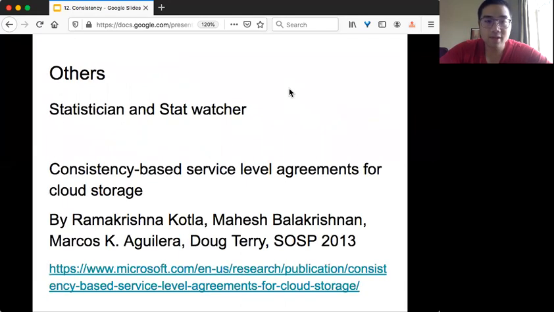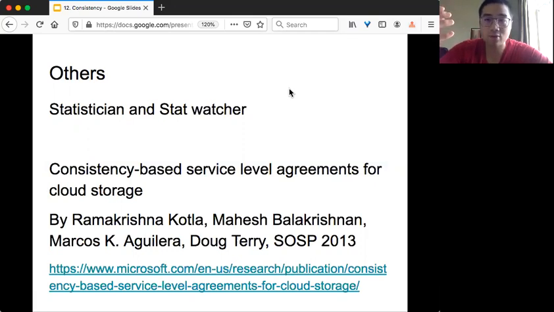Okay. And then in the article, Doug also mentioned, for some stat watcher or statistician, what kind of consistency they need. And then it's a very fun read. Yeah, if you're interested in the application of consistency models, you can read it. And then you might say that, oh, this is just a toy example. It's not really useful. But actually, in Microsoft, a very smart group of people